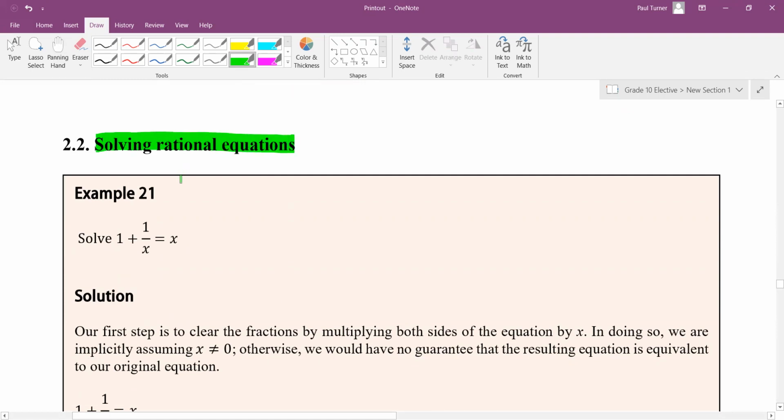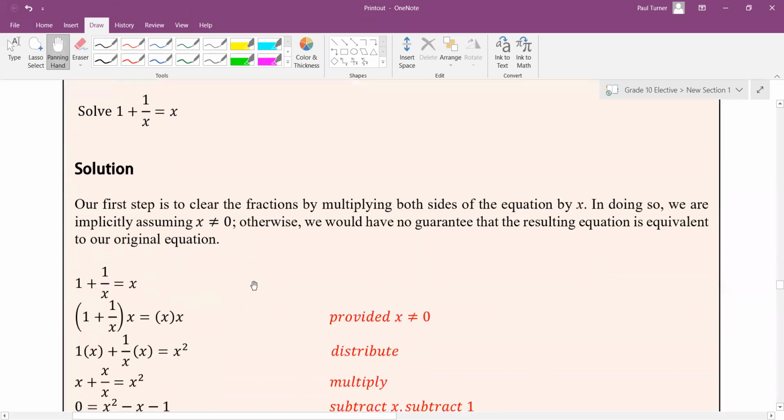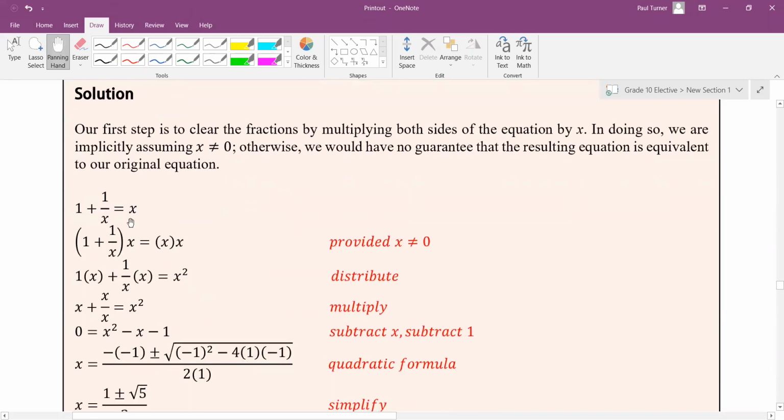So solving rational equations. So we've got 1 plus 1 on x equals x. This has a rational part here, 1 on x. So for doing this one, we would clear out the x first. So when we're trying to find x, we don't want to have x here. So x is multiplied by both sides. So now we're just trying to find x. So multiply x both sides, and you'll end up with,